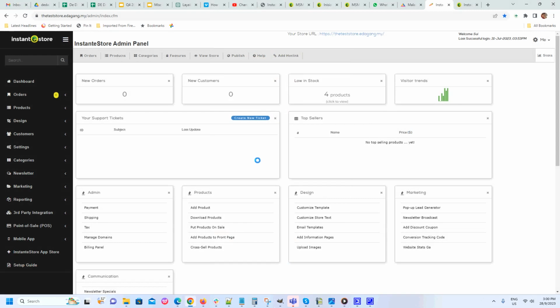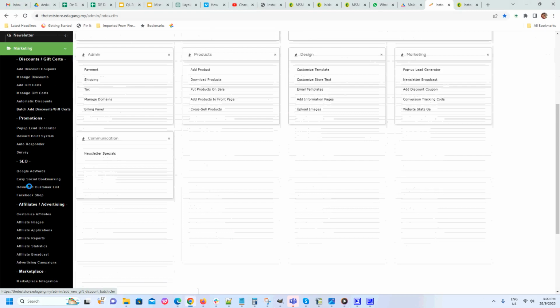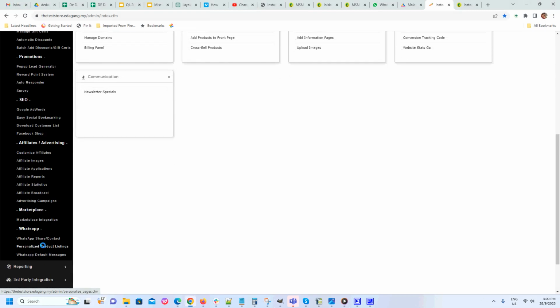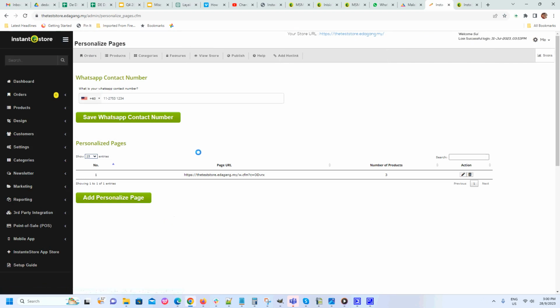So the first thing you've got to do is log into your store. Head over to marketing, scroll down and click personalized product listings. Okay, so you'll see on this page there are two green buttons. Rather obvious. The first one says save WhatsApp contact number, so obviously you've got to put in your contact number,